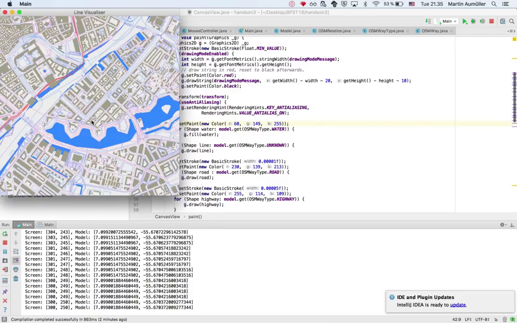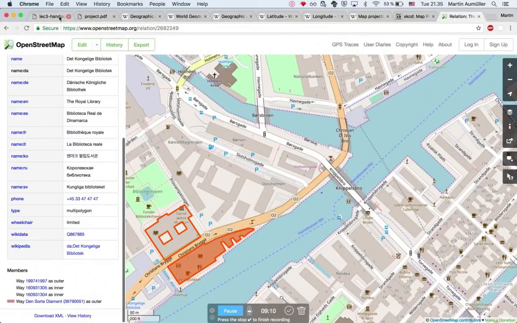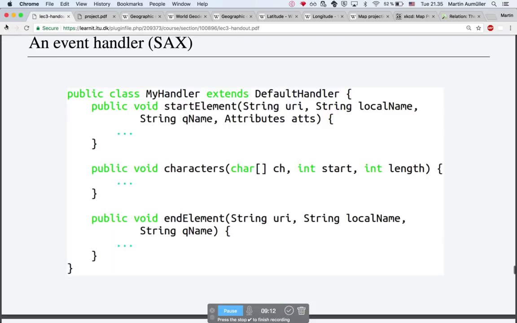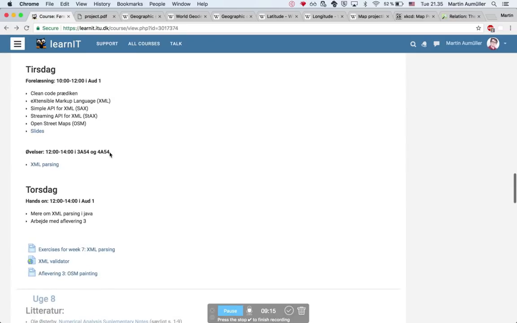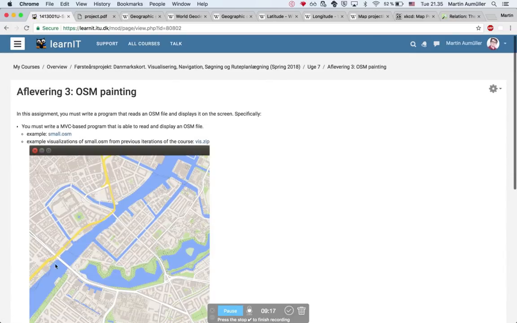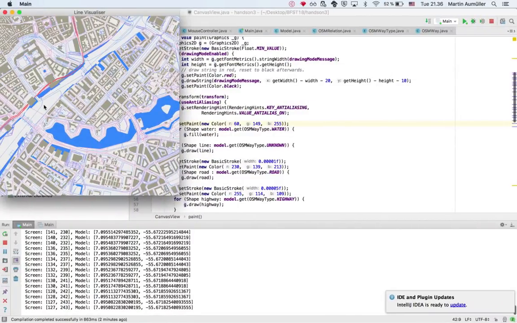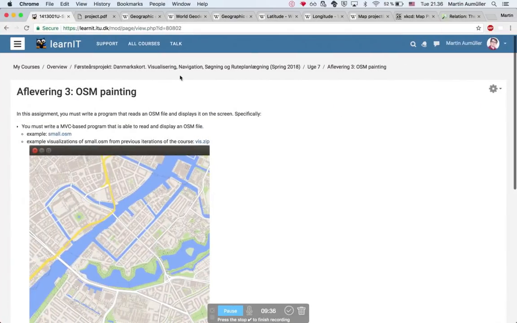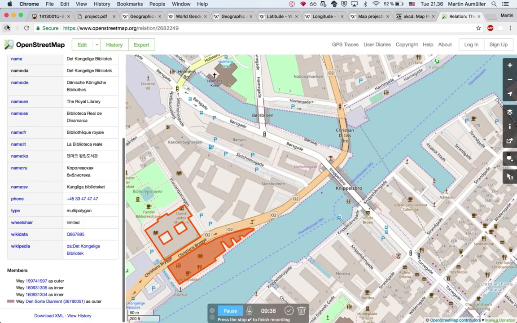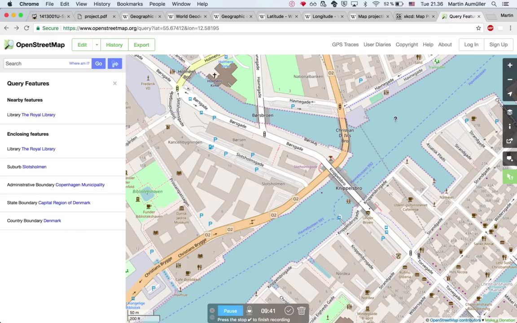Okay, let's compare it to where I think you could go. And of course, this is pretty far, I think. Especially because of here, you actually need to display the sea correctly. If you want to have a challenge, what you need to do to draw these areas correctly is work with coastlines. So if you go to relations, and for example, if you check this one out here, then there is a